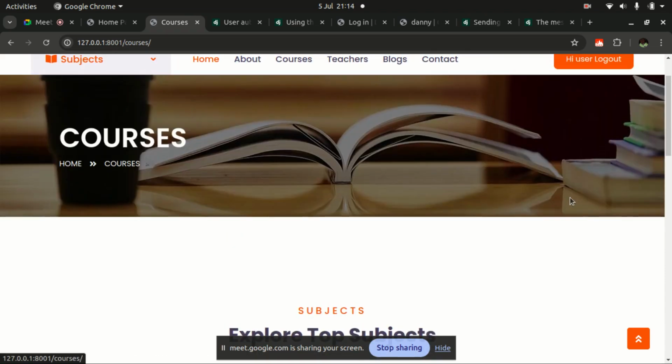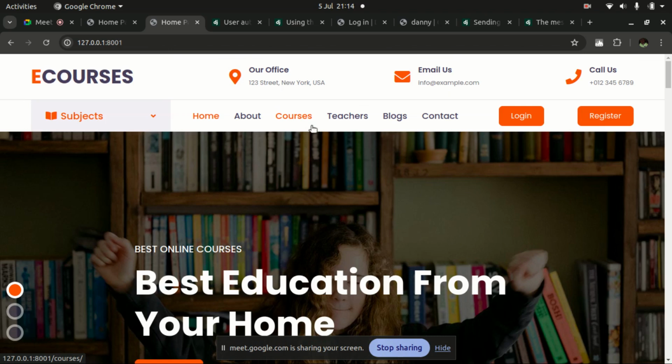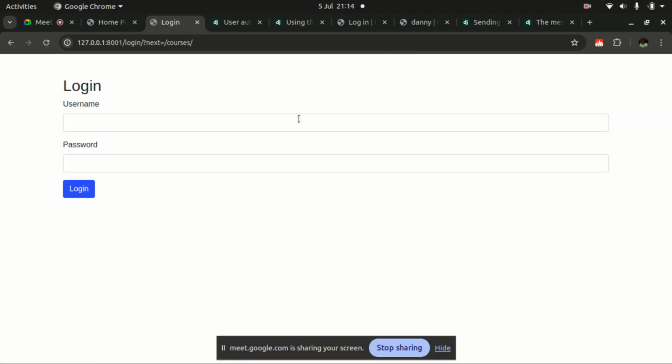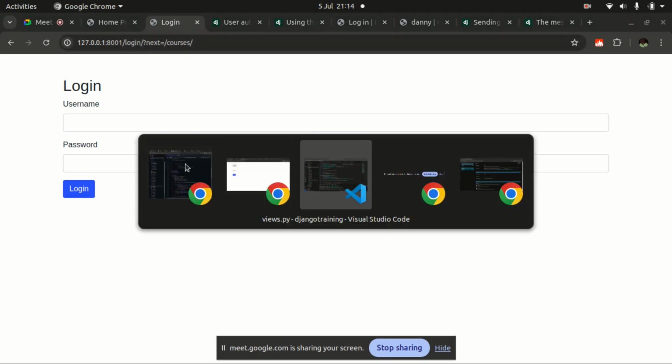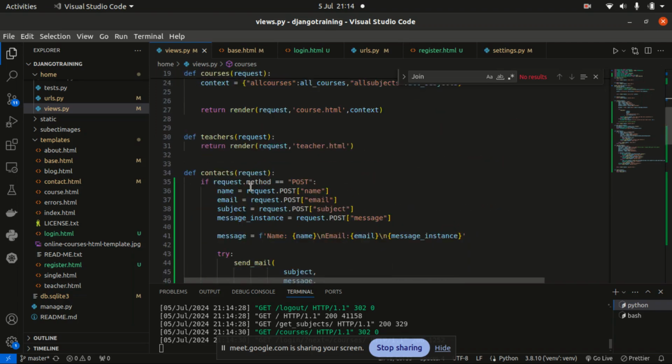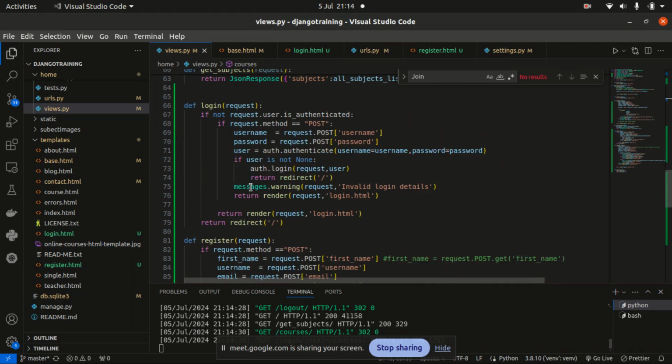But that is not the user experience that we want to have. We want that when we visit courses, this URL should be honored. So let's see how to make sure that this URL works. That is, when we log in, we are not redirected to the home page, but we are redirected to whatever we have here. So this is where we do our thing. We will navigate to the login, this is where we have the login here,